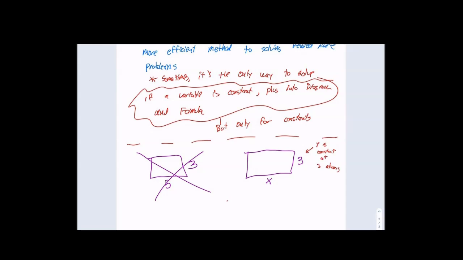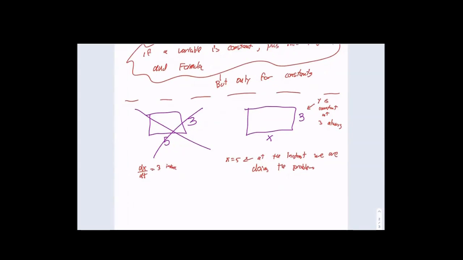When we said that x equals 5, that was at the instant we are doing the problem. Because we know that dx dt was 3